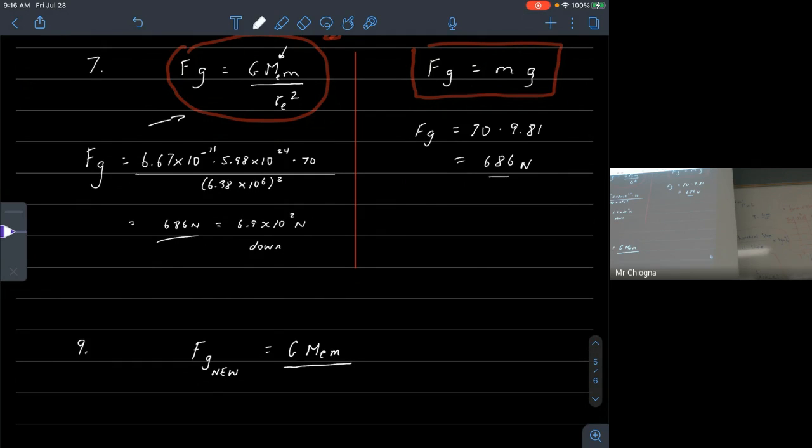Same as this, except it's a new distance. That's why it's new. Not the radius of the Earth. R new is